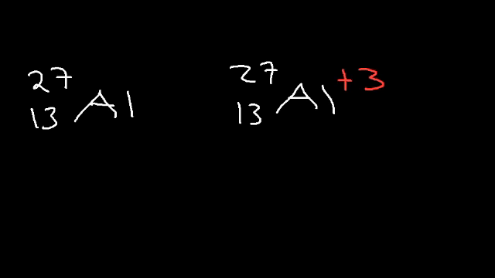Aluminum and the aluminum plus 3 ion. The atomic number of aluminum will always be 13, and the mass number is approximately 27. In the periodic table, the 13 is on top, but whenever you